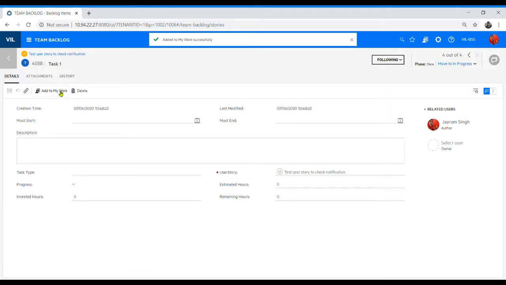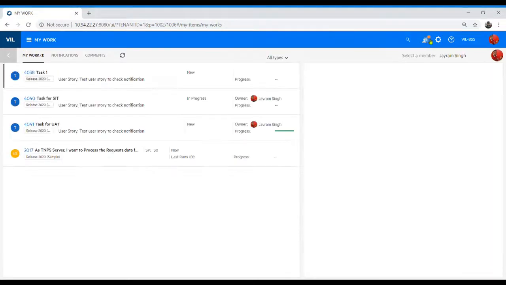So I have added this one. If you see, it says added to My Work area successfully. Now if you go to the My Work area, click over here, you will notice that the moment I added a task, this icon got a little colored circle over here, which shows there is a new message for you. And when you go to the My Work area, you will see that this is a newly added item. If this item is not read by you, you will see a small bar over here that says recently added and you have not read it.